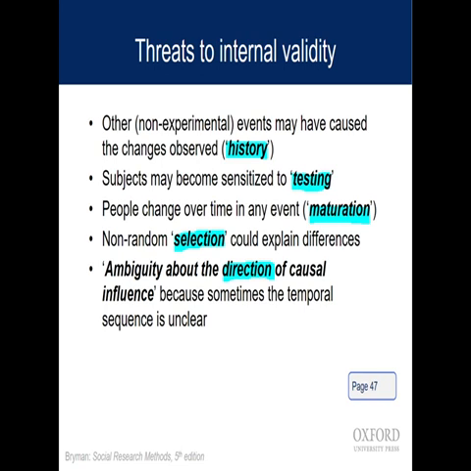This first one here that I've highlighted is history. And what they mean by that is other non-experimental events have caused the changes that are observed. So let's bring it home to this example. If something happened to the kids along the way, during these 8 months that they're being taught by teachers, and in the experimental group, the teachers believe that they're really awesome students who have great potential. If something else, just by a fluke or accident, intervened that, say, boosted those kids' scores,